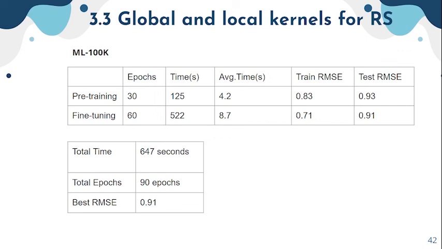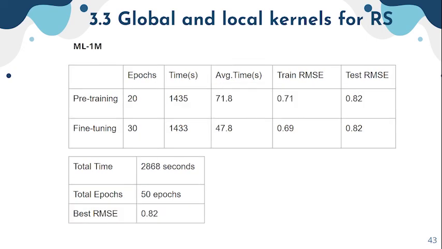However, in the fine-tuning it has decreased. The root mean square error for training is just 0.71, and for the test the root mean square error is reduced to 0.91. So for the ML100K, the best record of root mean square error is 0.91. And for the ML1 million, we ran 20 epochs for the pre-training